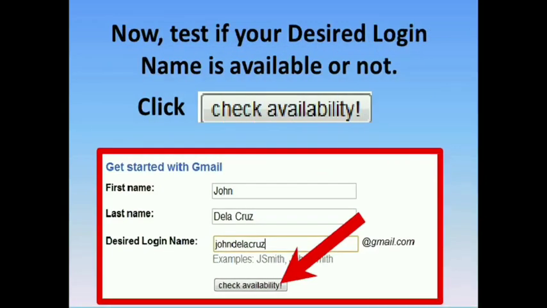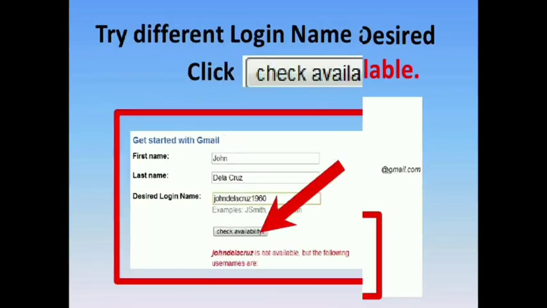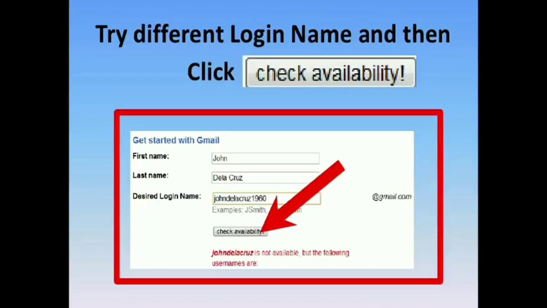Check if the username is available or not. If your username is not available, then you have to choose another one. Then check availability again.